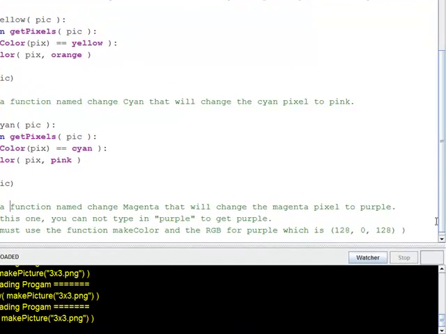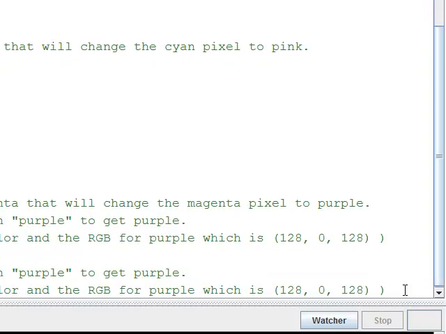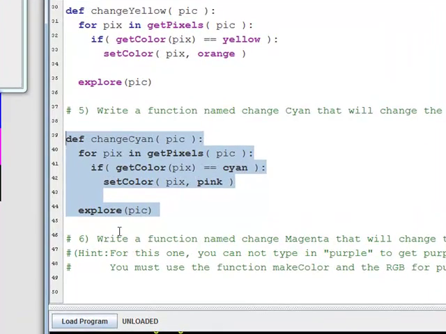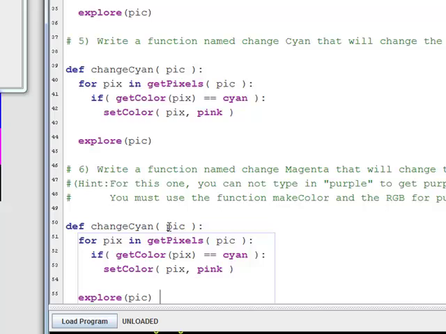Okay, you've restarted the video. So, oops, that's wrong. I'm going to copy paste the code here because the basic solution is the same. The problem is the computer doesn't know what purple is. So let's write the name of the function, change magenta,